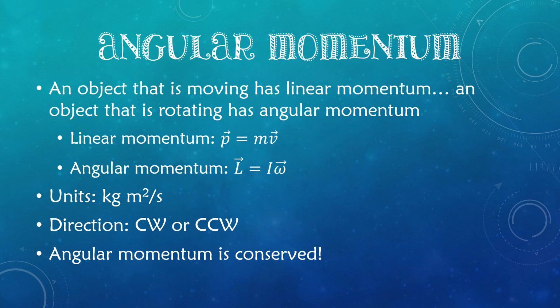And an important concept that we learned with linear momentum was that linear momentum is conserved. Similarly, angular momentum is conserved for an object as long as there's no external force causing a torque on our object. That idea of angular momentum being conserved explains a lot about why the rotation rate changes when someone pulls their arms in, for example, or possibly if something were to happen to join a rotating object,